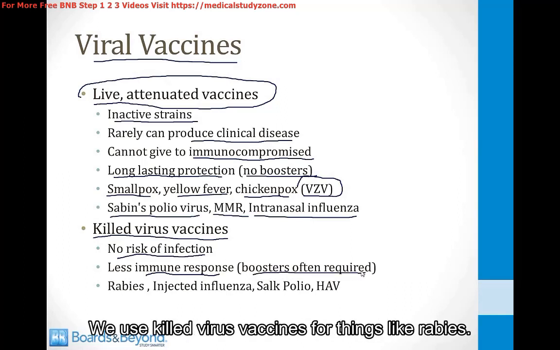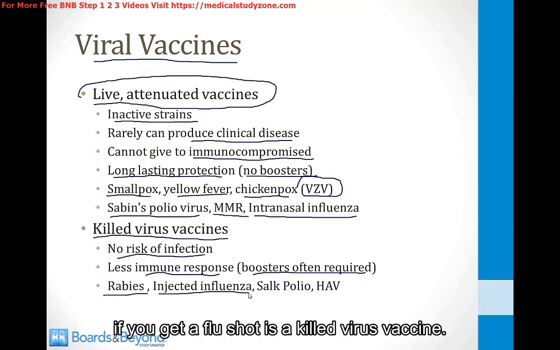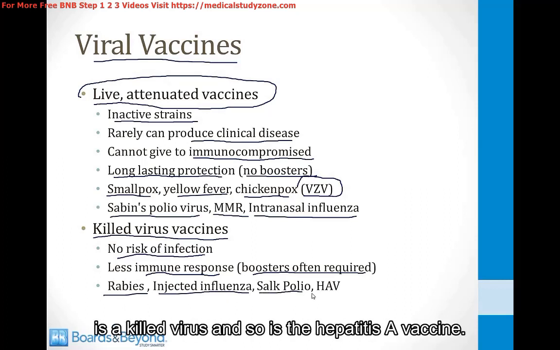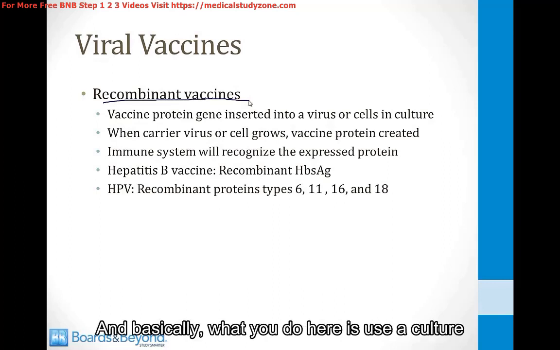And we use killed virus vaccines for things like rabies. The injected influenza that you get every year if you get a flu shot is a killed virus vaccine. The Salk polio vaccine, which is another type of polio vaccination, is a killed virus, and so is the hepatitis A vaccine. And then the final type of vaccine is called a recombinant vaccine, and basically what you do here